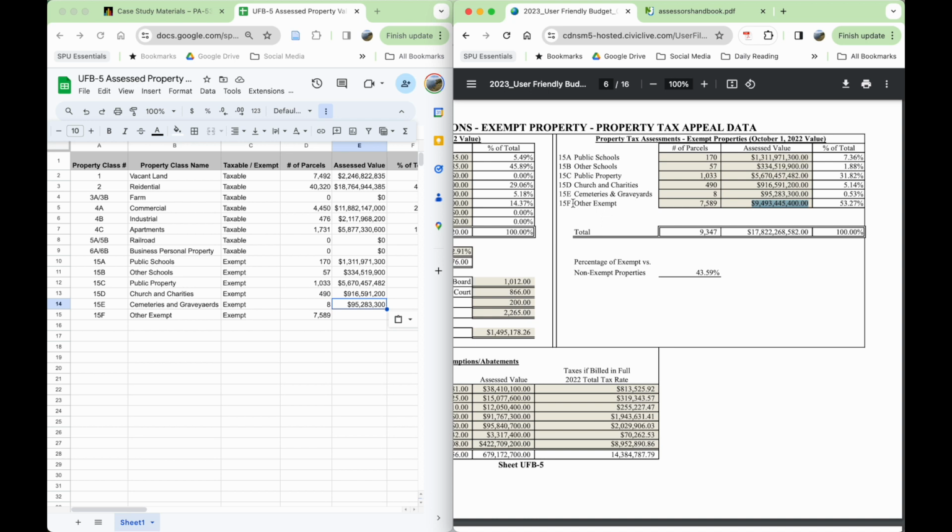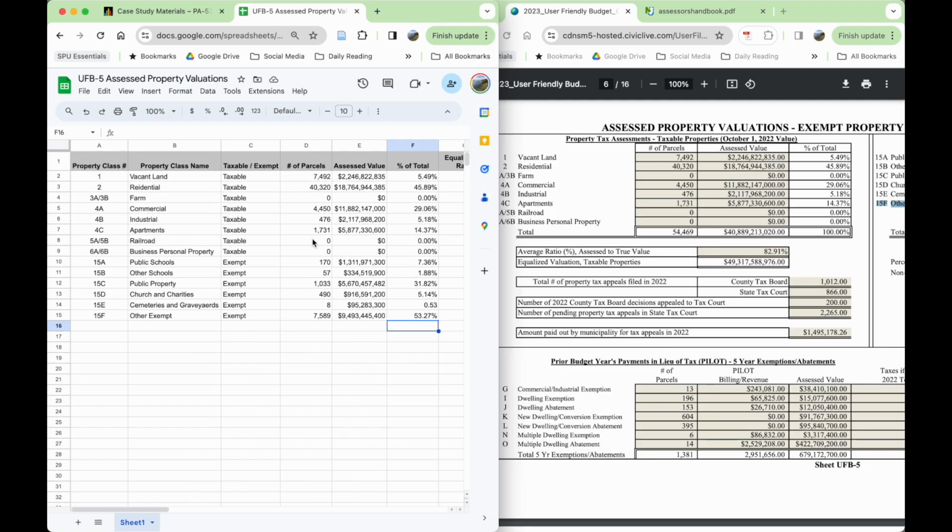Now, an interesting thing as I look at this other exempt category, I do want to point something out here. This $9 billion of other exempt assessed value in Jersey City, that's where the PILOTs are, the abatements. Abatements fall into this category of 15F, other exempt. Okay, so I have my data inputted, and at this point, all I've really done is some data entry